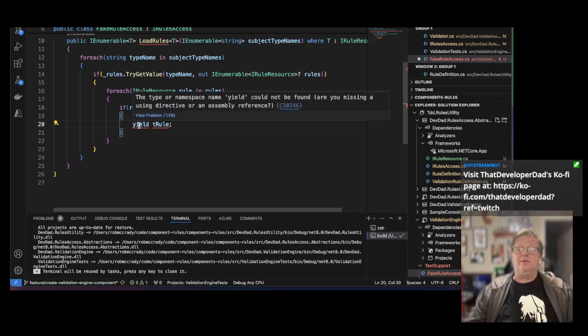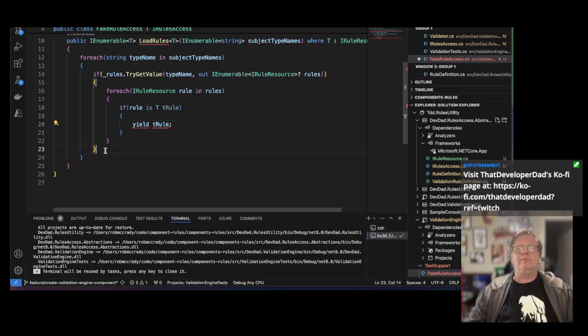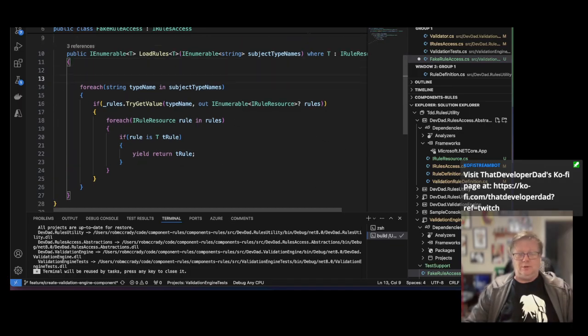Can I do that? I don't want to, no. We're going to experiment with yield return in a little bit, but for now, list of T filtered rules is a new list of T. I'm going to comment this out